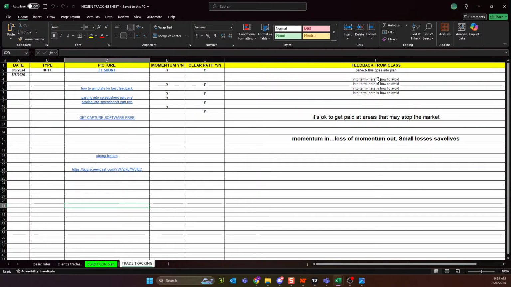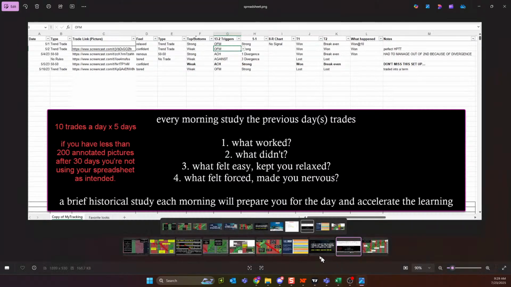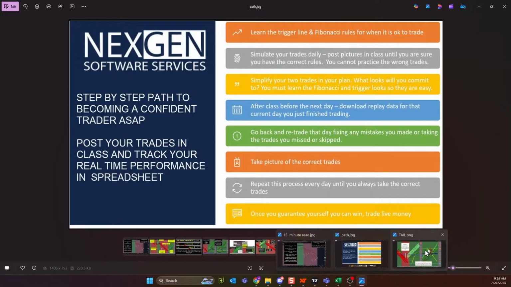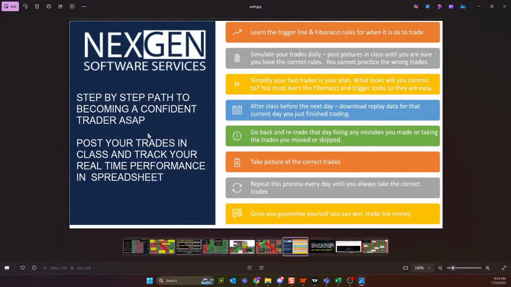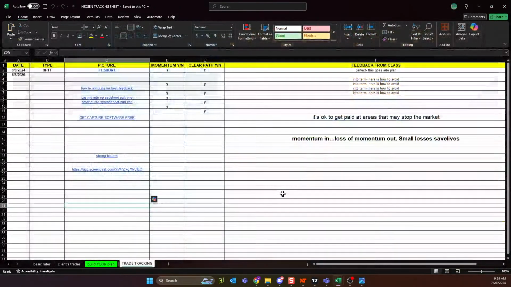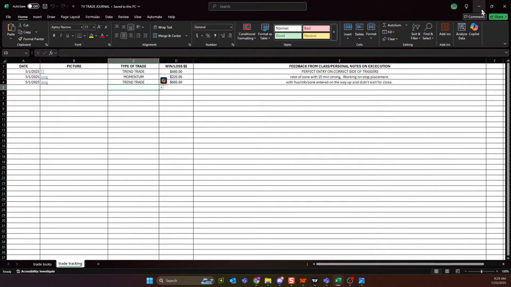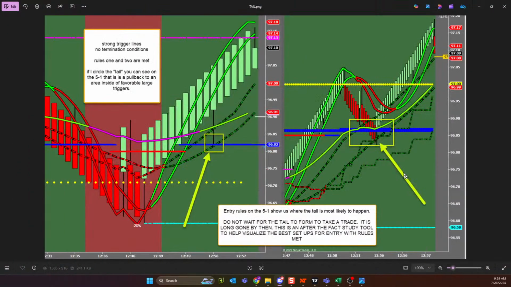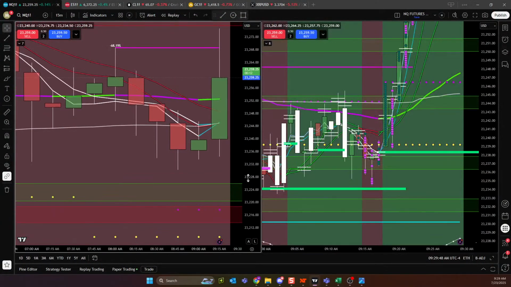And you'll see in the feedback the things that you need to fix, the things that are going to help you find success. So as you go through your journey, as you learn the software, as you learn these patterns, guys, post in the room a lot, ask a lot of questions, track your pictures. And guys, there's so many pictures you can take. You can take a picture before the trade. You can take a picture during the trade. You can take a picture after the trade. You can even take the picture if your rules weren't met, just reaffirming those rules. Guys, get shutterbuggy. Get happy.